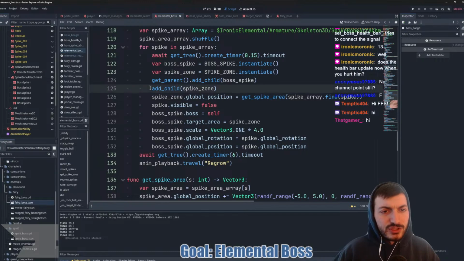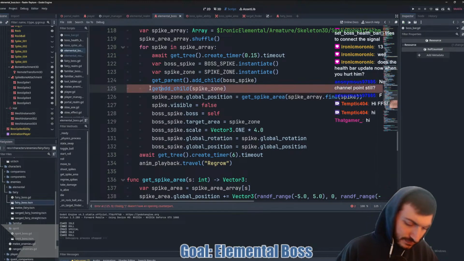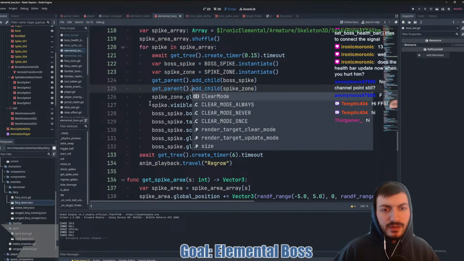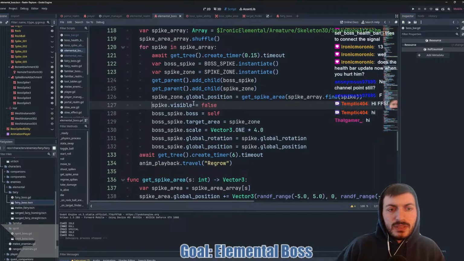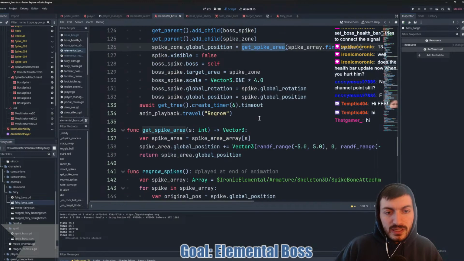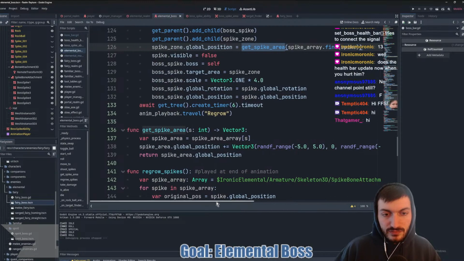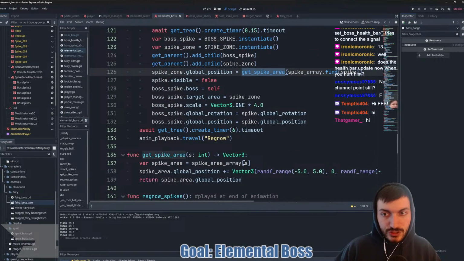Actually, no, it doesn't matter. We should be able to get parent, add child. But then we set the spike zone's global position to a get spike area. So we go through the array and we do the global position plus a random Vector3 going between -5 and 5. And then we return the global position. And so we are taking S as the spike array dot find spike. So it finds the spike in the array.